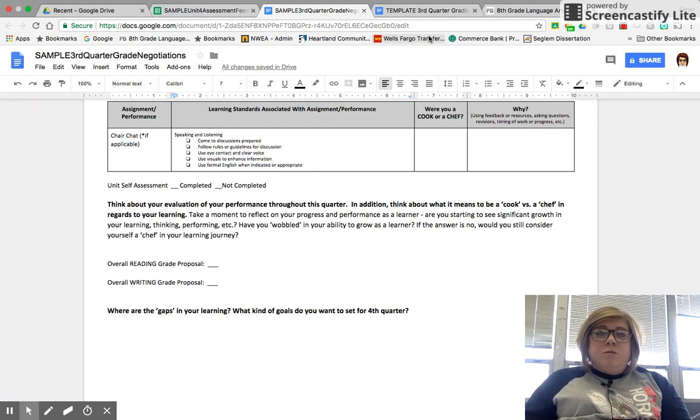So many of you may wonder, well, how does my student negotiate? And they can use those two tools. They can use the spreadsheet and collect all their evidence and think about where they are in terms of their standards and goals, and really think about their participation, progress, and performance as a learner. They can also be using this Google Doc as a preparation of reflection of the assignments that we've been tinkering with and really mean something throughout this quarter.